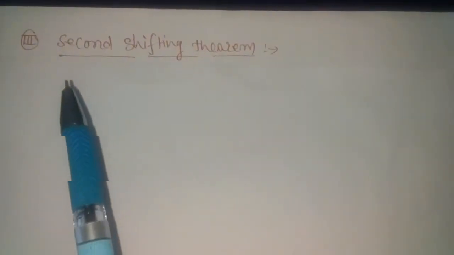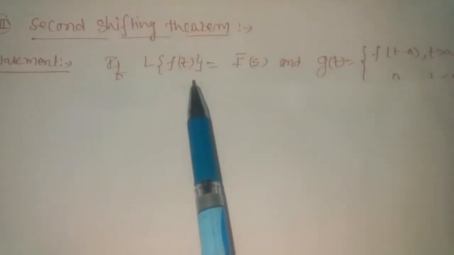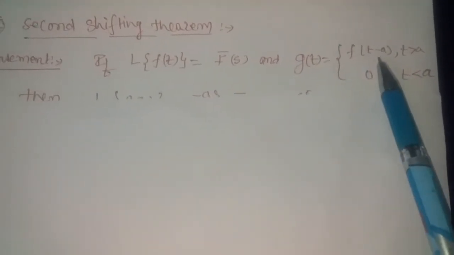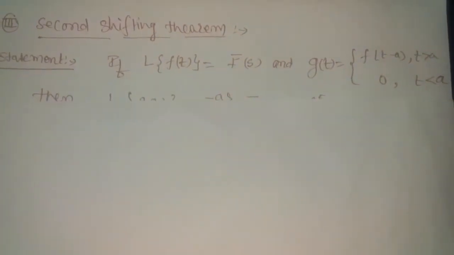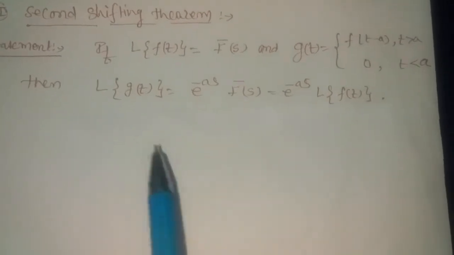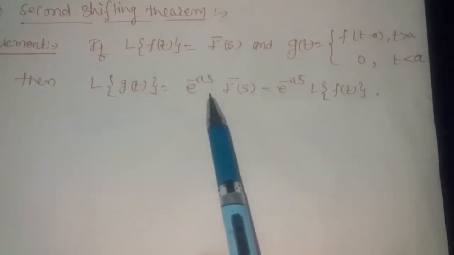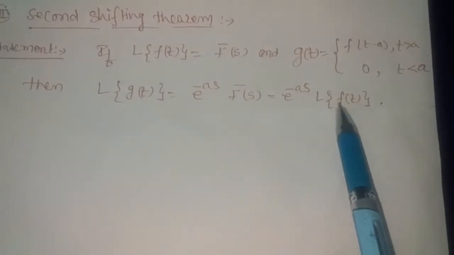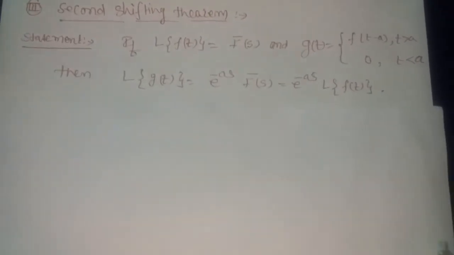Next property is second shifting theorem. Statement is, if Laplace transform of f(t) is f bar s and g(t) be any function defined as f of t minus a when t is greater than a and 0 when t is less than a, then Laplace transform of such function g(t) is given by e raised to minus as into f bar s, that is e raised to minus as multiplied by Laplace transform of f(t) function. So this is the second shifting theorem, and the proof of theorem is,